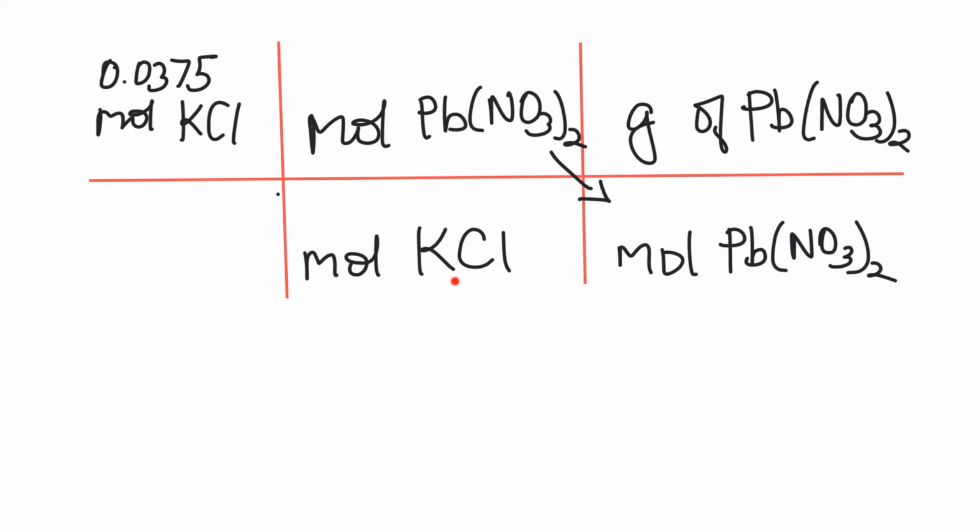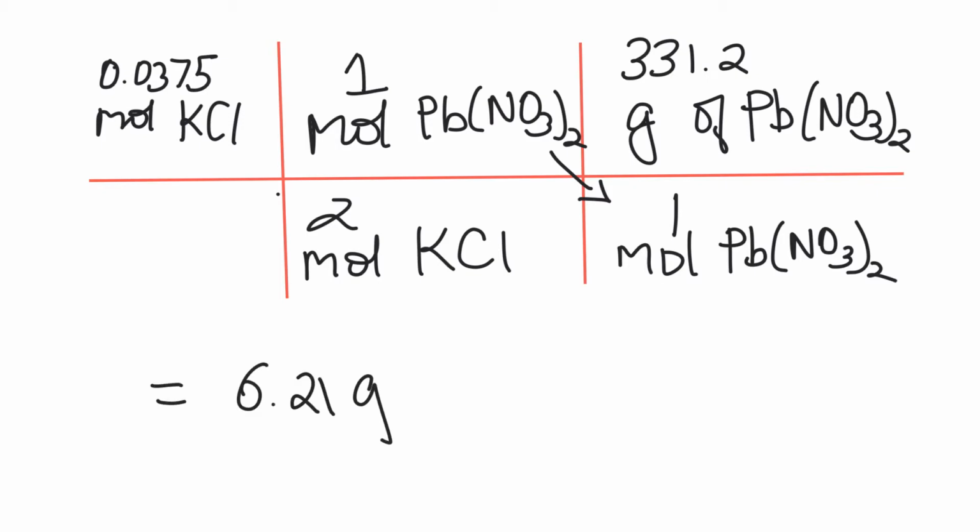So if you go back to your balanced equation, then KCl was 2 and PbNO3, okay, then you put 1 mole and you find the molar mass of PbNO3, which is 331.2. So all I gotta do now is multiply my moles by the molar mass and divide by 2 and calculate the answer,